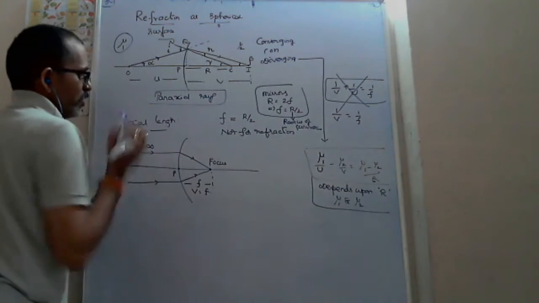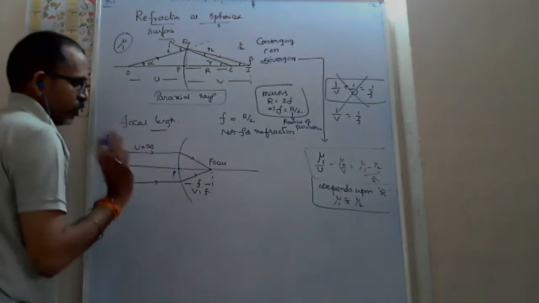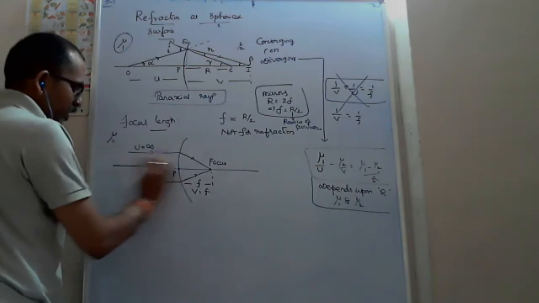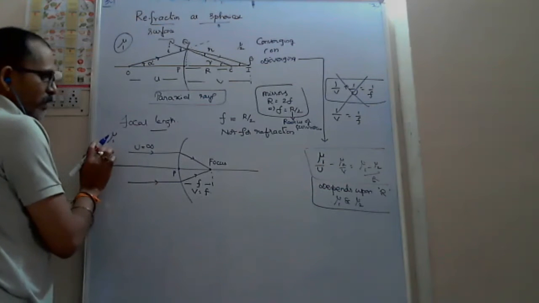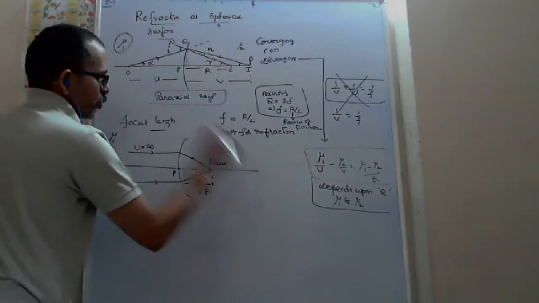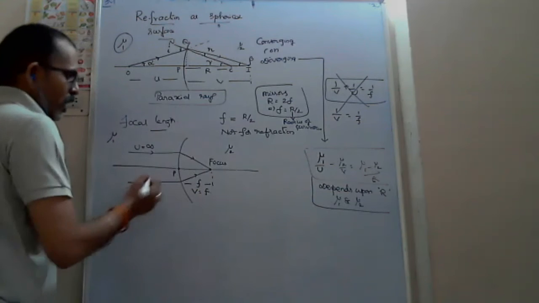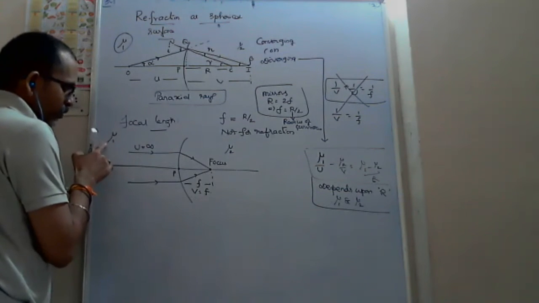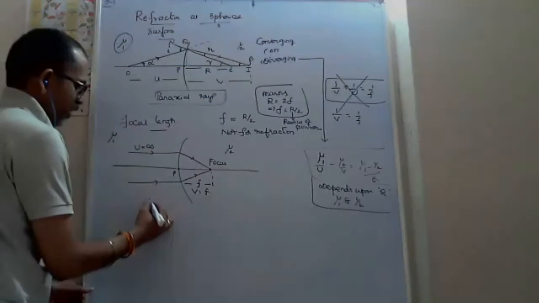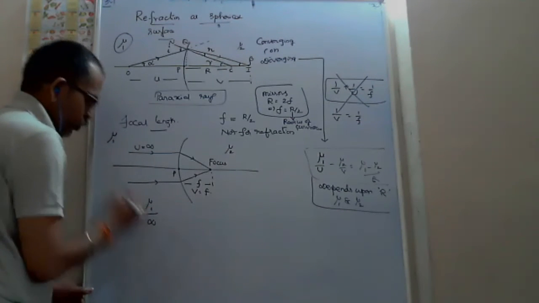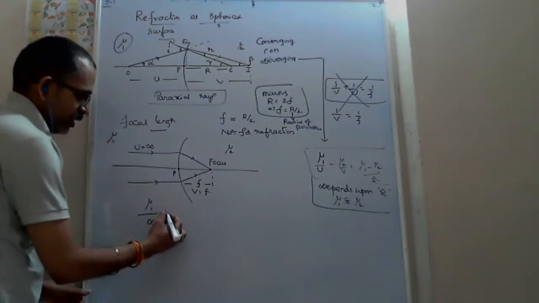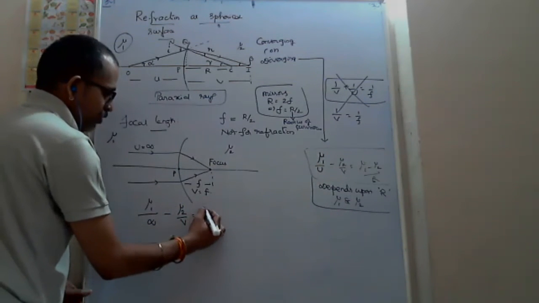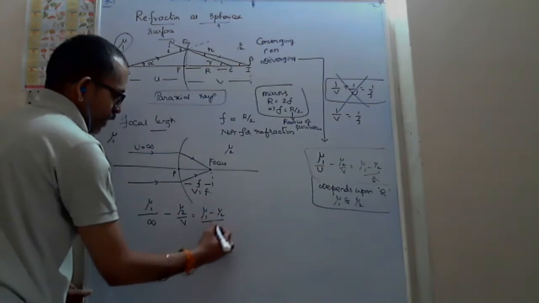to put u equals to infinity. And I am taking it that the incident rays are in the medium mu1, which means obviously the other medium is mu2. Then I have to take mu1 by u or mu2 by u? mu1 by u, sir. Therefore mu1 by u is infinity, minus my formula mu2 by v equals to mu2 minus mu1 by r.